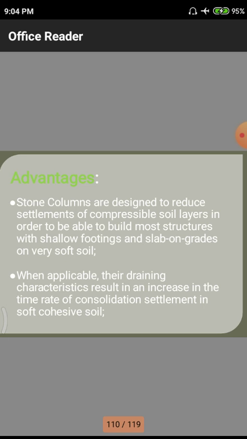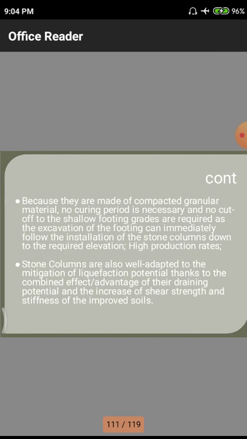There may be a huge amount of bonding between the particles of other materials, so that other materials will not move as easily as stones, so we have to prefer stones in these materials. After vibrating, there is a huge amount of bond between the stones and the surrounding materials, so there will be less chance of settlements in soft cohesive soils.